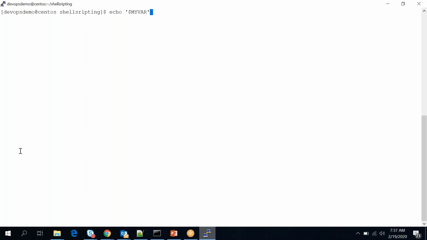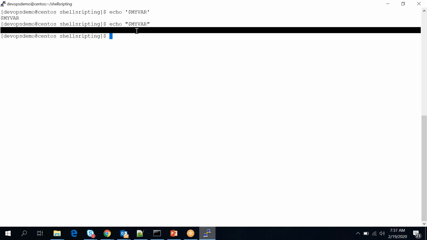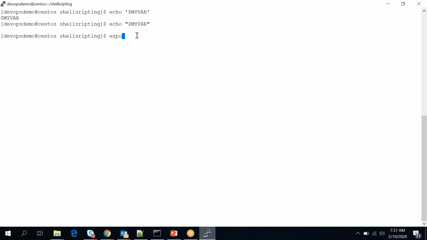In this case, what happens? It will simply display whatever is there in the single quotes. Now the same thing, if I wrap it in double quotes and say $myvar, you can see the difference there. Right now there's no value there, so I can export myvar, say 300, and now if I type it in,